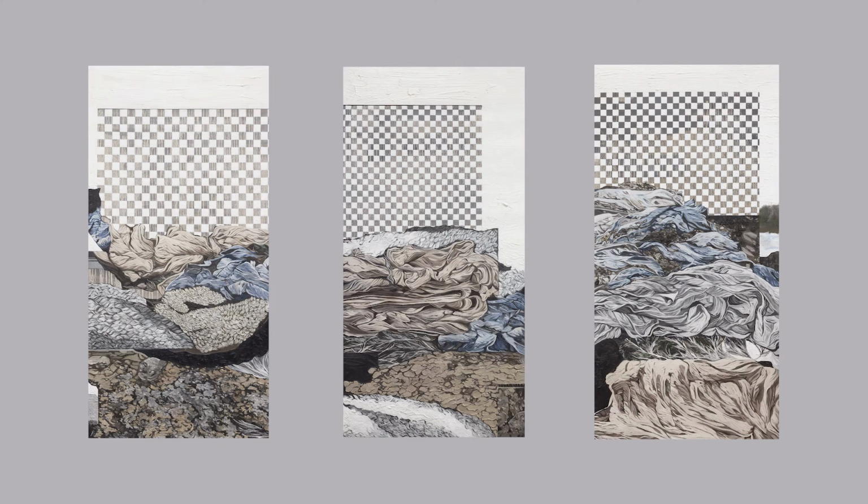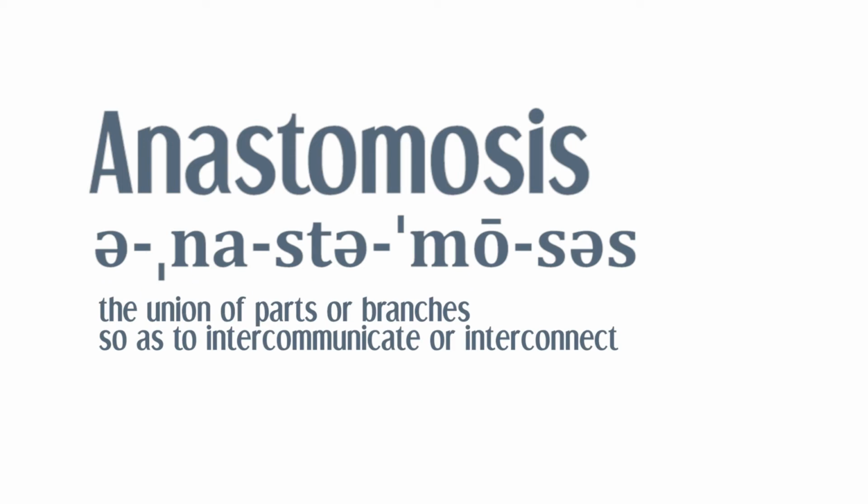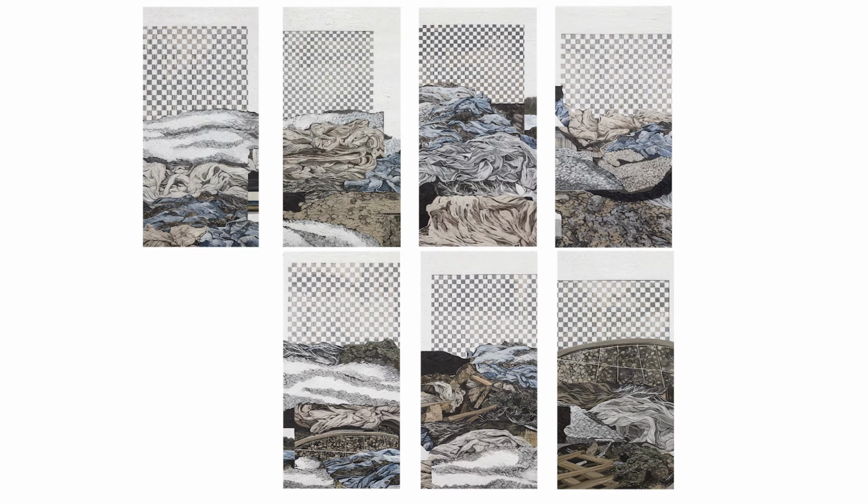I've titled the series of works in the exhibition Anastomosis, which refers to making a connection between branching systems to create a network, such as with veins in a circulatory system. This makes me think about my work as being part of a closed system where they are made and then finished and then sent away, and they come back to me in a different form, maybe diluted or transformed somehow